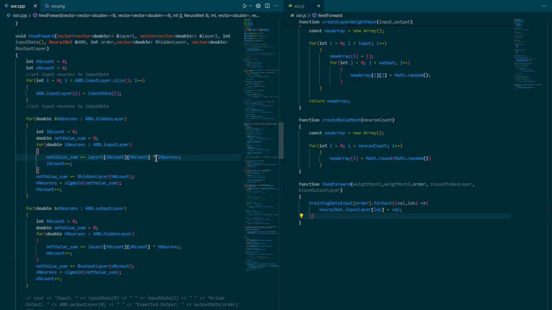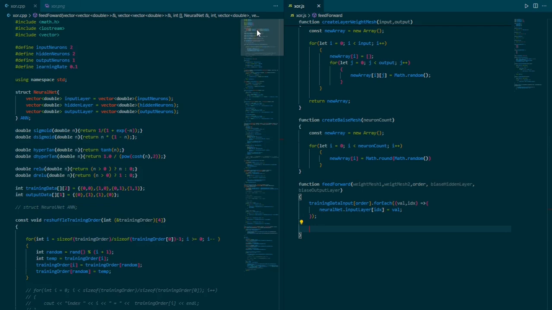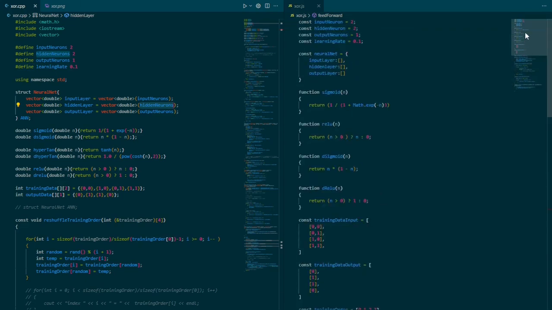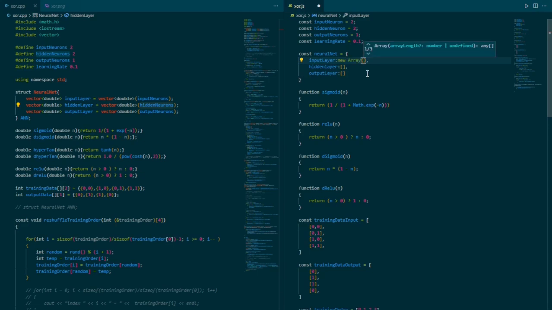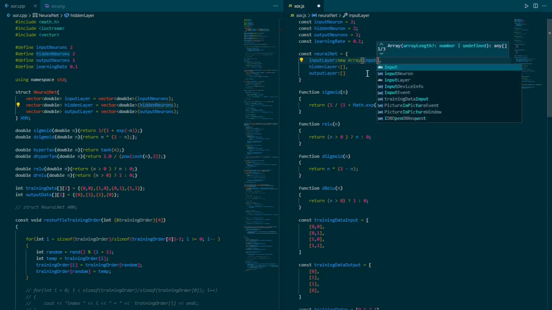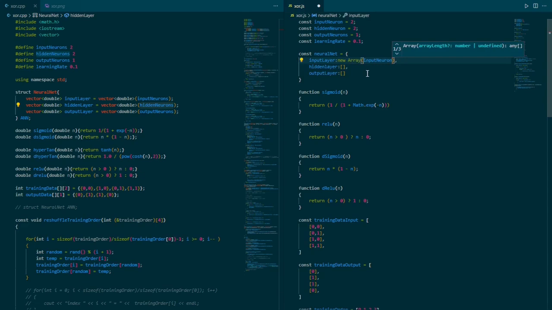This might be a little bit confusing, but let's go over what we're actually doing here. The first thing we have to do, remember from here, let me explain, don't worry. Let's come here. What we're going to do here, instead of setting this as empty arrays, we use this method of creating the array, and then we can pass in the input neuron here. So this is going to resize the array to the exact size, and probably initialize everything to 0. That's what we want, because at this point we need to do it straightforwardly. So new array